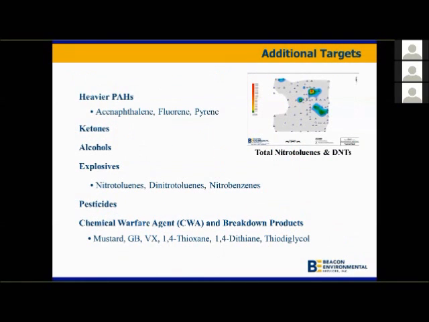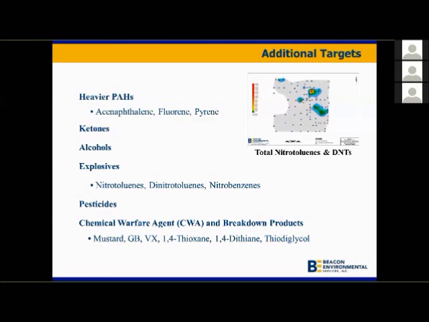A passive approach will let you expand the range of compounds you can target as opposed to active soil gas sampling, because the adsorbents will trap heavier compounds that you're not going to be able to get back out of a Summa canister, or that is not appropriate for Tedlar bags or glass vials or other sampling methods. So with a passive approach, you can target ACE, naphthalene, fluorine, heavier PAHs, but also explosive compounds, pesticides, herbicides, alcohols and ketones, as well as chemical warfare agents,